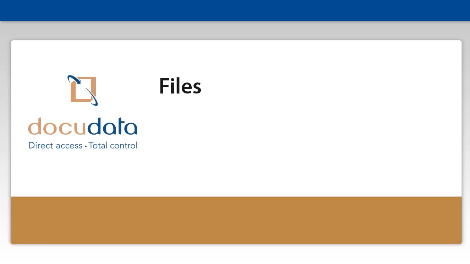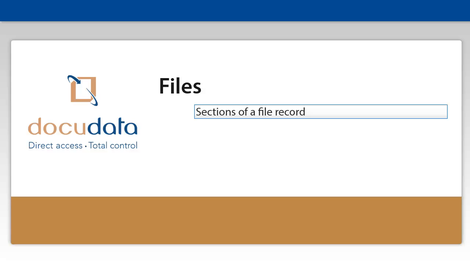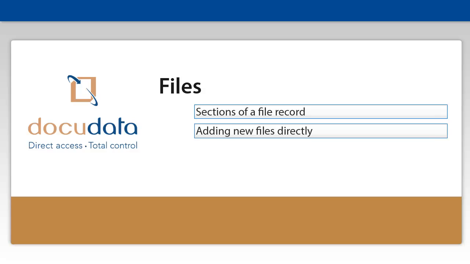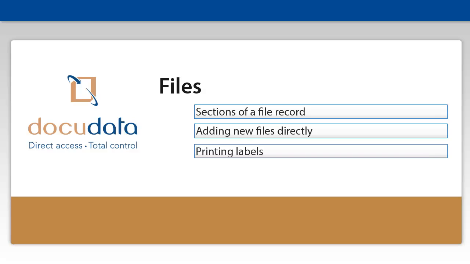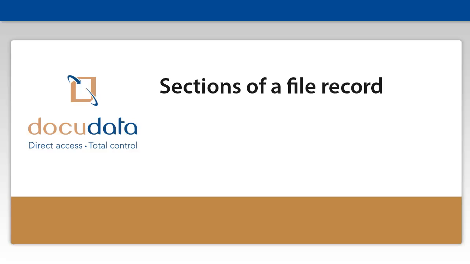Now let's take a look at files. We will start with an overview of the sections of a file record on the Inventory tab, then go through the exercise of adding new files, and print the labels for the new records that we have added. Since the sections of a file record are very similar to those of a box, we will focus on these